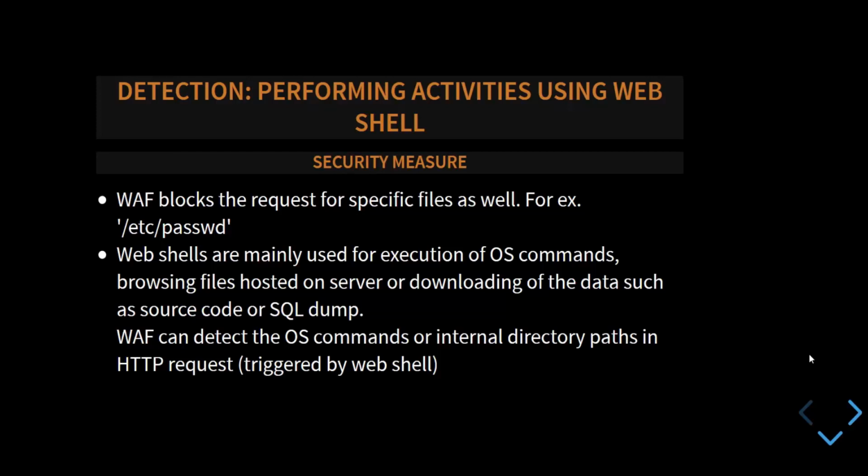When the web shell triggers this request to a web server which is protected by a WAF, the WAF will detect the execution of the command. Here this command is blacklisted, or even if we try to execute uname -a, the WAF rule will detect if someone is trying to do something malicious or not. So that is security mechanism 1.